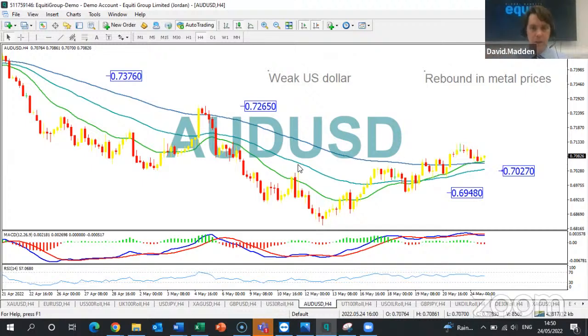Whenever I'm focusing on a certain metric, be it a moving average or a trend line or a resistance zone or a support area, I try and look at how many times that metric has been of importance in the past, because the more a metric has been of importance in the past, the more likely it will be of importance in the future, but there are no guarantees. So if we do drift lower in the AUD USD from here, we could move back down toward this area here at 0.7027, and a break below that could see us back down towards this area here at 0.6948.